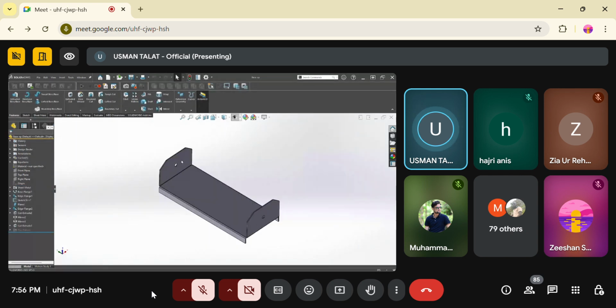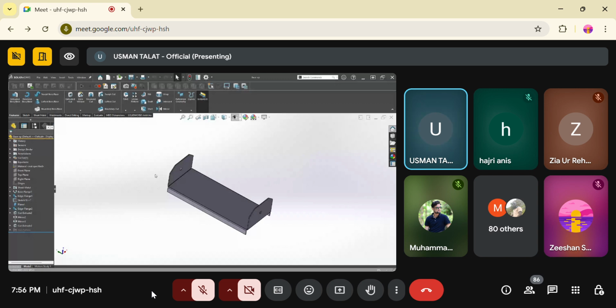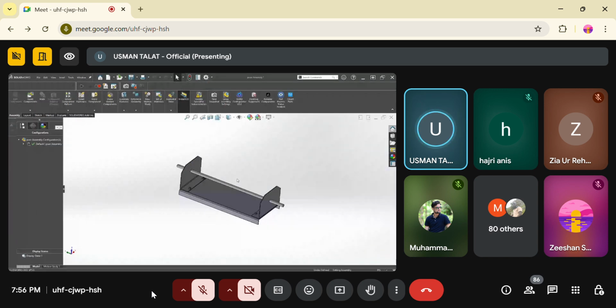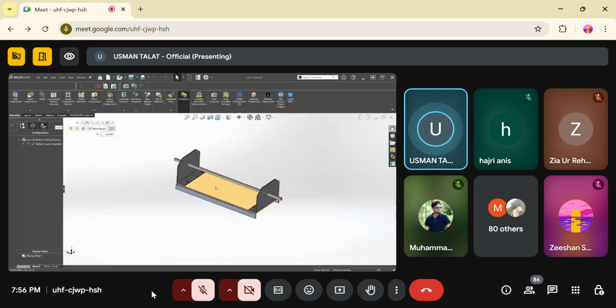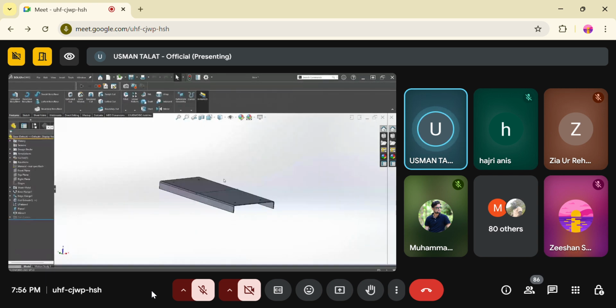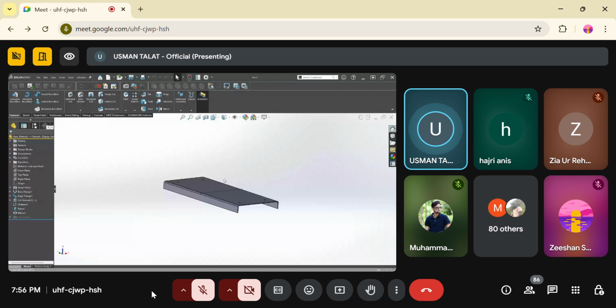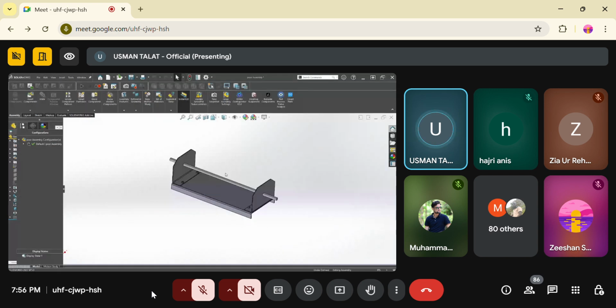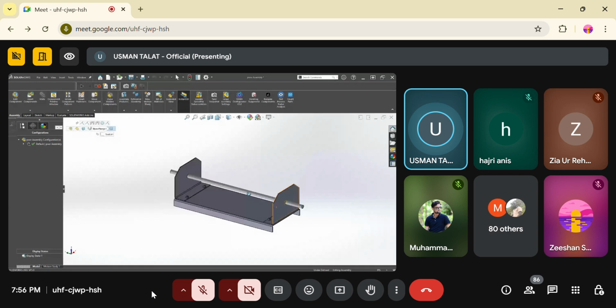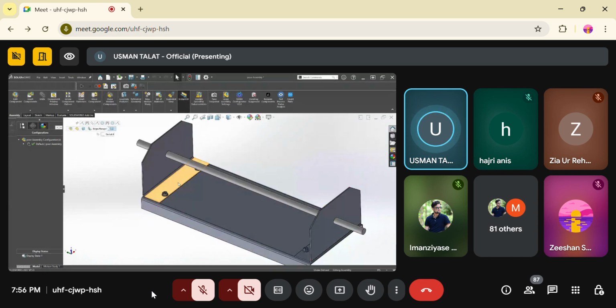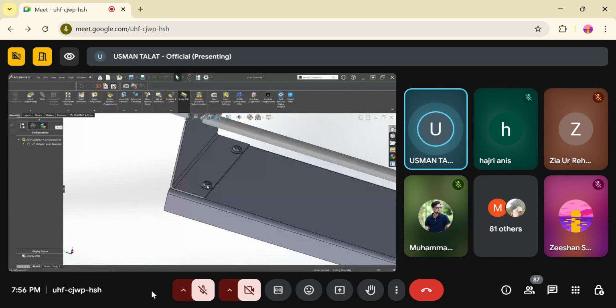Instead of making that assembly, let me show you again. Here you can see I have a separate base frame, and then I have two different flanges as a separate assembly, and then we have bolts here, one, two,